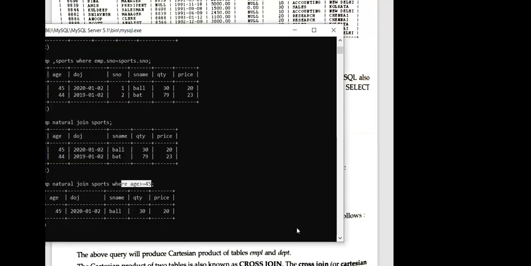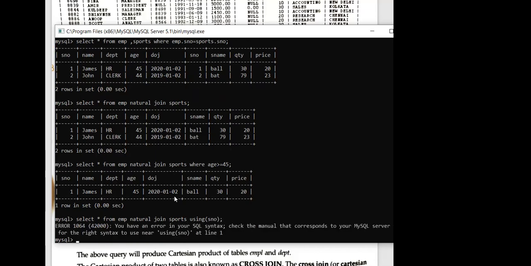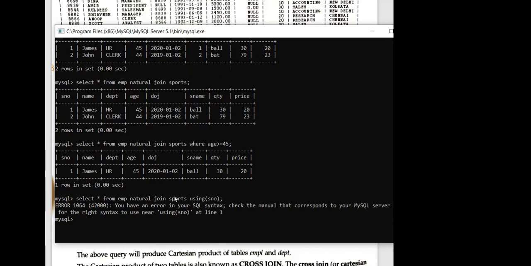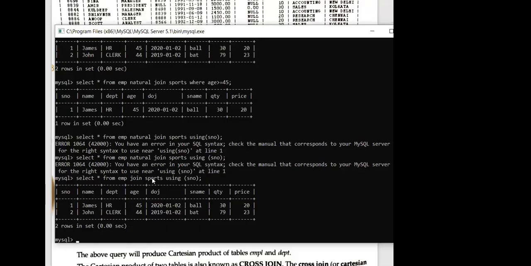Okay, now what is the meaning of this, that also we will check. Suppose we have written something like this, then after this I can write using, and explicitly I can write the name of my column. For example, I am writing here serial number. Using, and then, one second. Over here. Now see, what you have to understand, that you wanted to do natural join, but you are only using join. In that particular case, you will not use natural join.